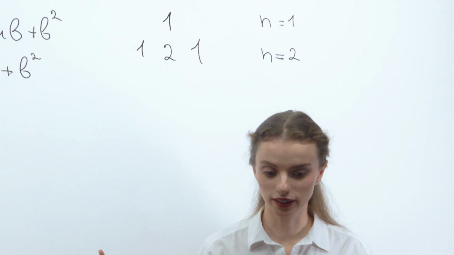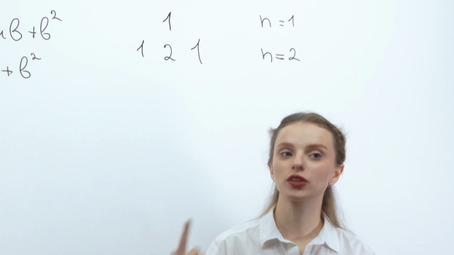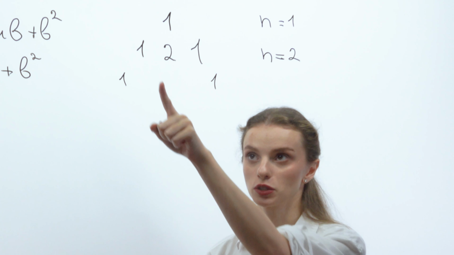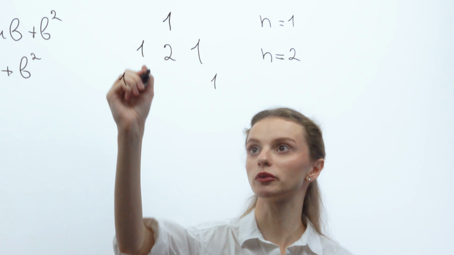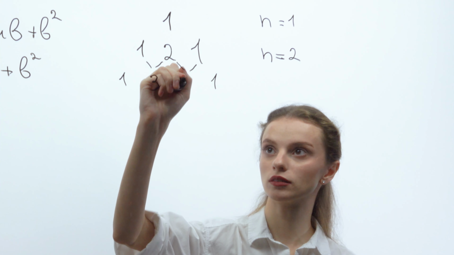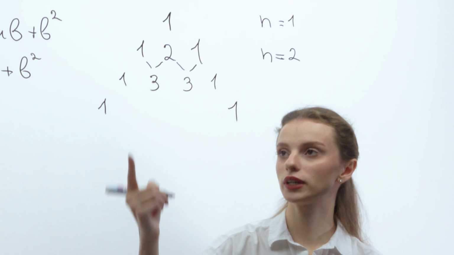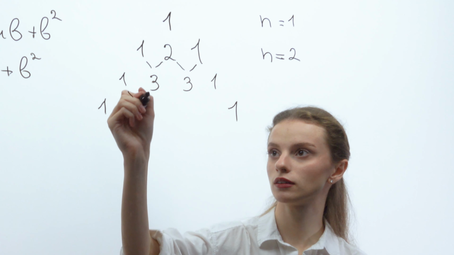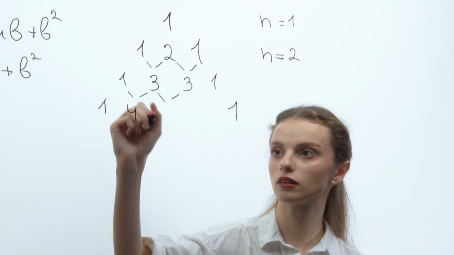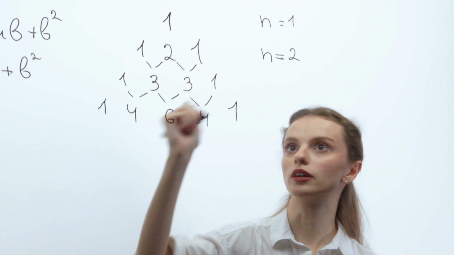Now this is where we get really serious. This is the math that gets serious. Okay, what will be our third row? Again, ones on the edges. And then in between, we're going to have the sum of these two. Then next row, we also have 1 at the edges. Then we keep adding, so 1 and 3 will be 4. 3 plus 3 will be 6. 1 plus 3 will be 4. Okay, so this is